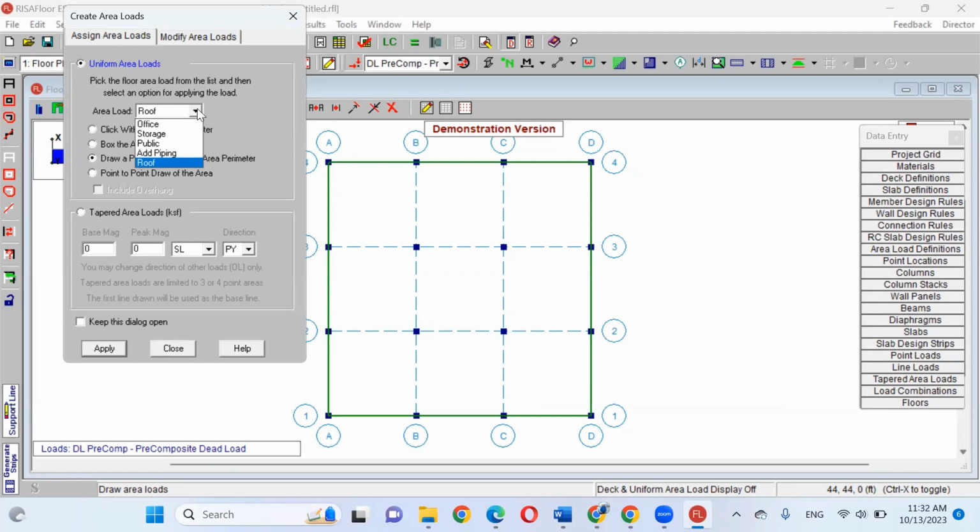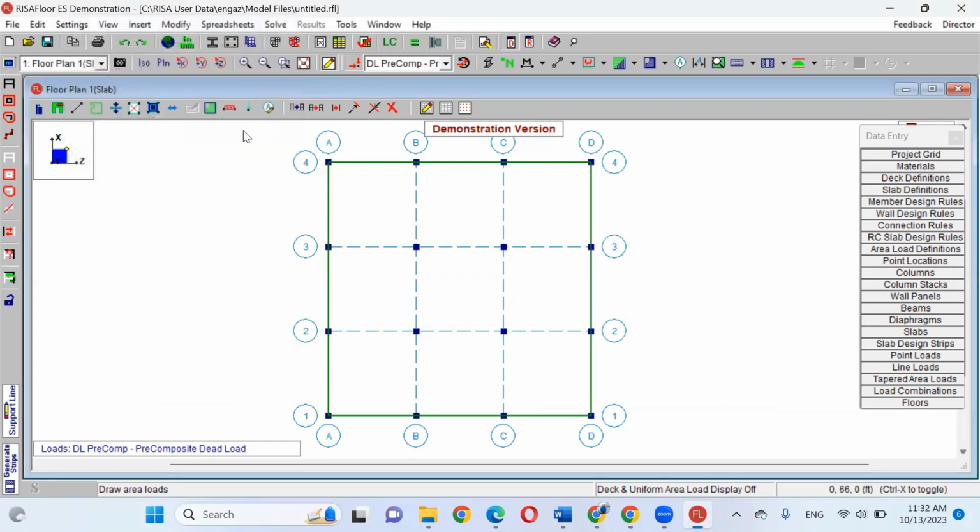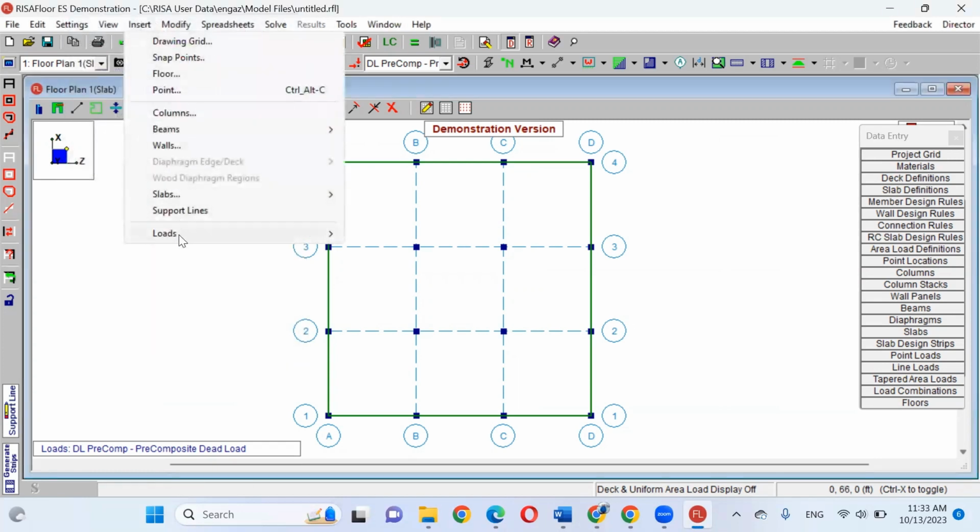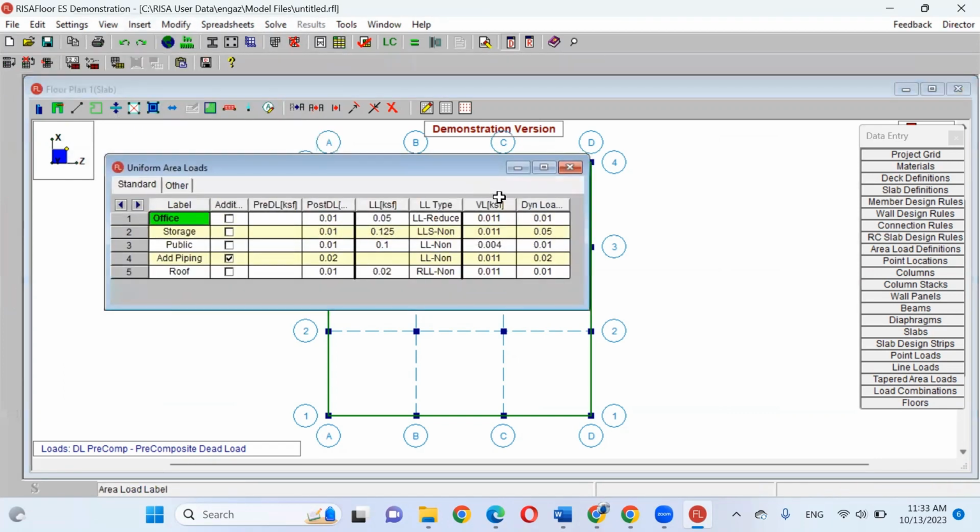Okay, I cannot find the function of my building in these four or five selections. What should I do? You need to go to insert loads, and then you can define your load. This one will give you the office, live load equal 50. This value is given in kips per square foot.